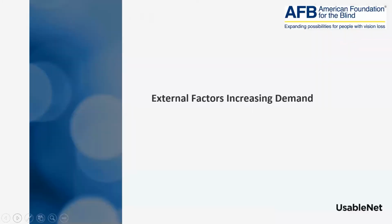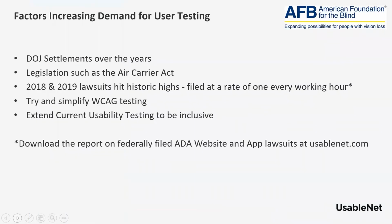Great. So let's talk about sort of where this increased demand is coming from, and I've put together a little list of where we tend to find clients deciding that they want to really make sure that they're engaging people from the disability community in user testing as part of the strategy. And I think it's important to sort of mix these up, that it's not just one reason or one direction. And I'm going to get Tanner and Joe to help me here, but just to give you an idea,